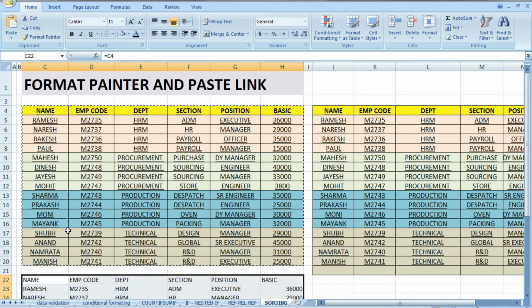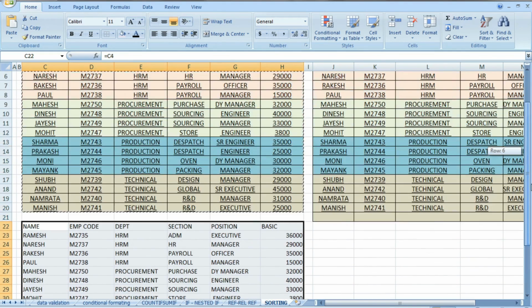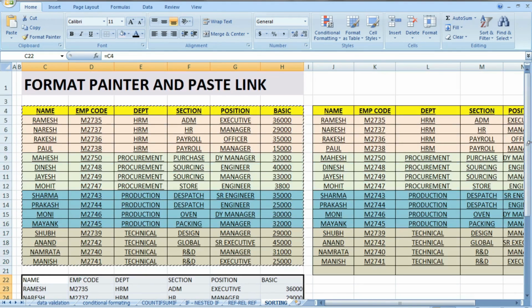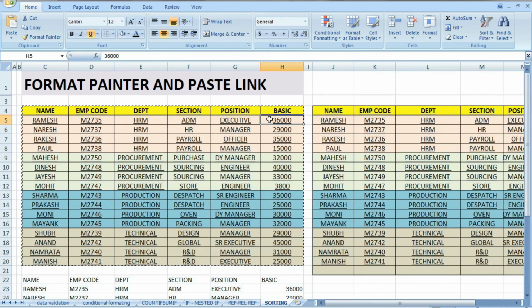If I paste this data here, okay, and if I change the basic of this person, say I make it 45,000, then automatically the basic of this is changing here because the data is linked with this data. It is pasted, but it is linked.